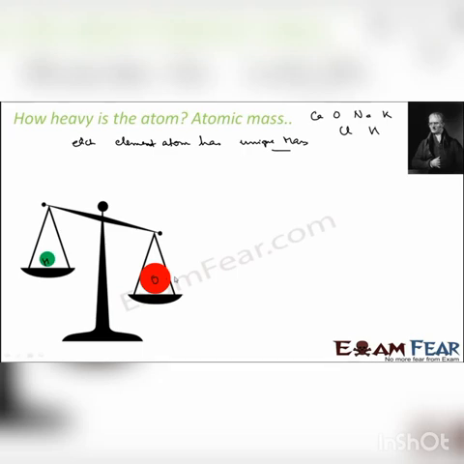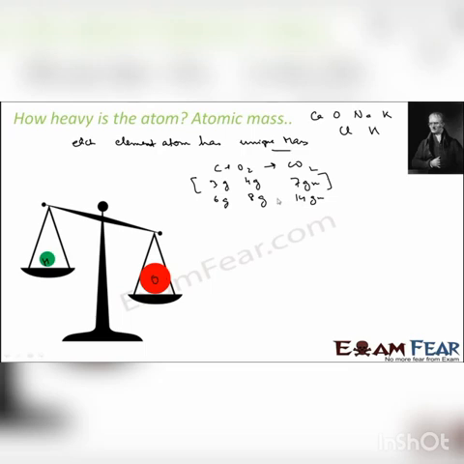Now, this atomic theory could explain the law of constant proportion. For example, carbon plus oxygen gives CO2. This theory has told that when carbon reacts with oxygen to form carbon dioxide, it is always in a constant proportion. For example, 3 grams of carbon will react with 4 grams of oxygen to form 7 grams of carbon dioxide. This is the experimental data. It is always in this proportion, or we multiply everything by 2: 6 grams of carbon will react with 8 grams of oxygen to form 14 grams of carbon dioxide. These things were known, right?